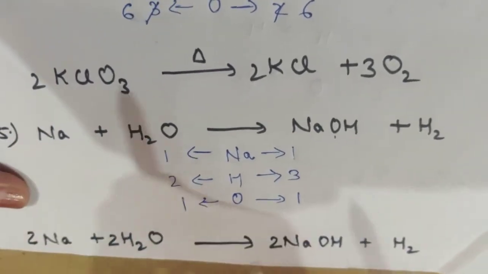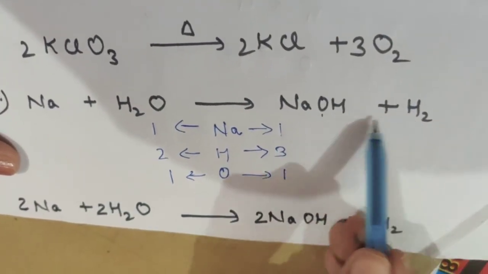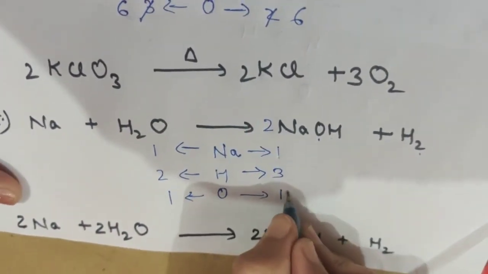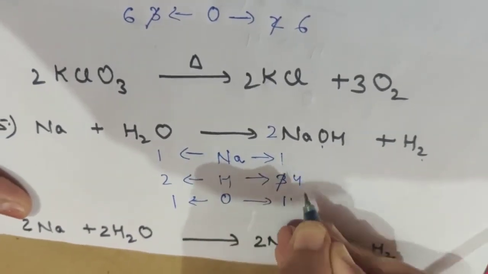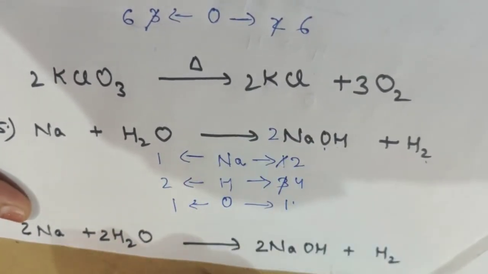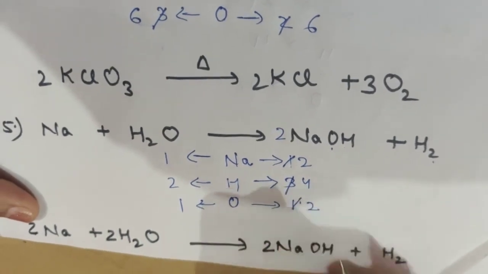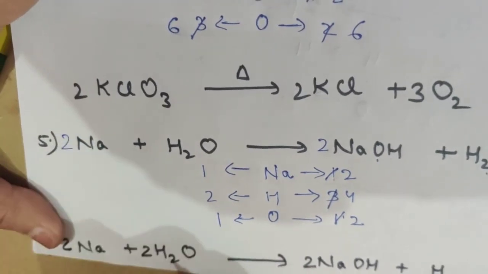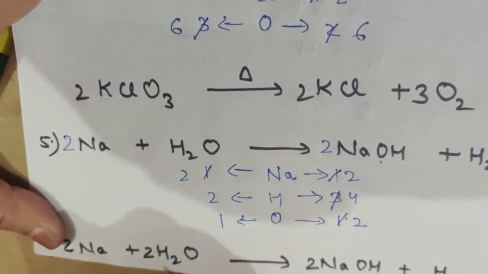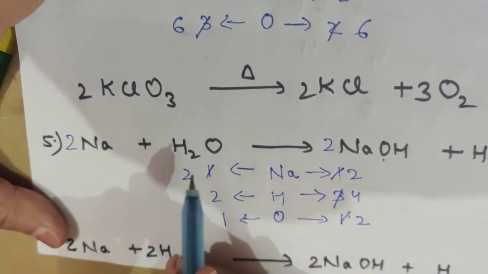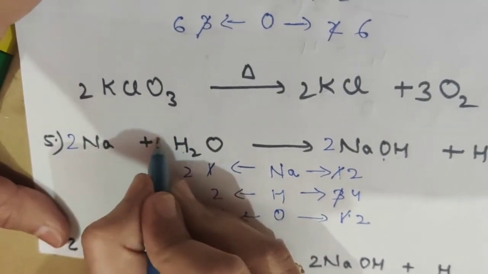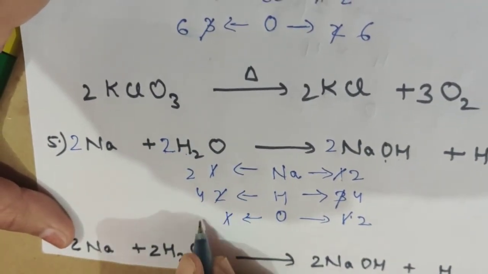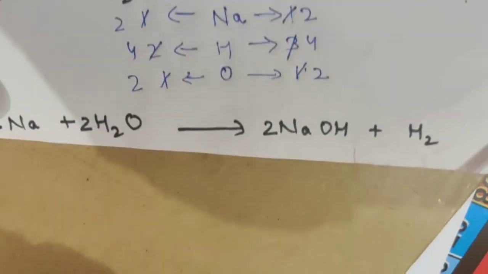So now move on to hydrogen. This side we have 3 hydrogen, this side we have 2. So let us make it even first. Now the hydrogen becomes 4 towards the product side, but this changes sodium also to 2 and oxygen also changes to 2. Now to balance it, what can we do? We can first of all substitute 2 here to make sodium 2. Now the only unbalanced atoms are hydrogen and oxygen. By simply putting 2 here, hydrogen becomes 4, 2 2s are 4, and oxygen becomes 2. So this is a complete balanced equation.